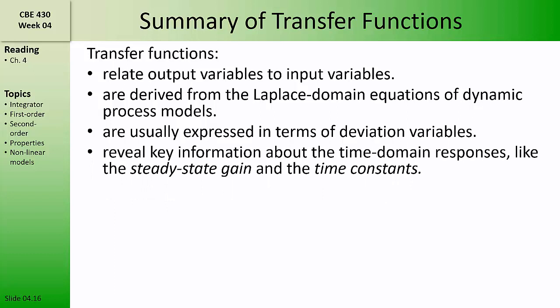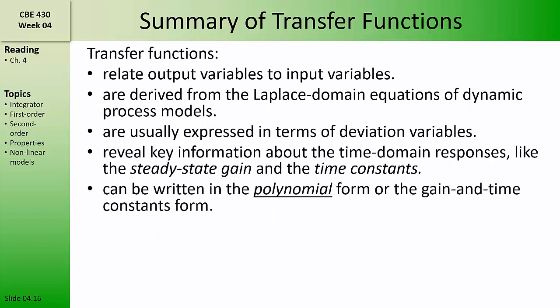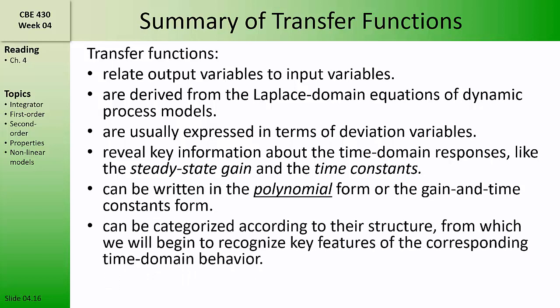They contain quantities like the steady state gain and the time constants that can tell us a great deal about how processes behave in the time domain. Transfer functions can be written in several forms, and here we introduced the polynomial form and the gain and time constants form. Transfer functions can be used to describe all kinds of phenomena, from chemical reactions to mass transfer, heat transfer, you name it. But they can be categorized according to their structure, that is, their mathematical structure, from which